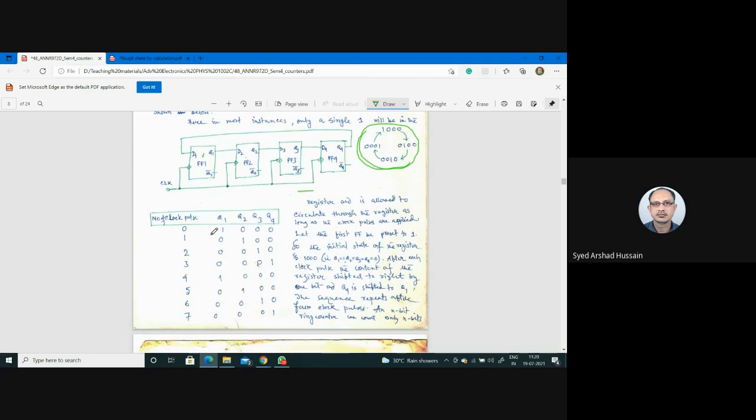Say, you see, let us consider by some means we have given Q1 is equal to 1. That means using your clear or preset input. So say Q1 is equal to 1. So before applying any clock pulse, state of this circuit is Q1, Q2, Q3, Q4 as 1, 0, 0, 0 like this. So once you apply first clock pulse, you see here